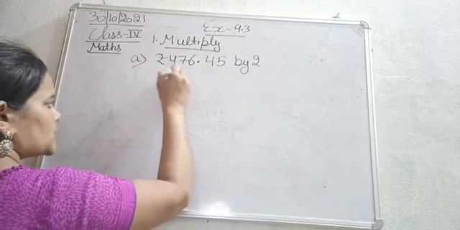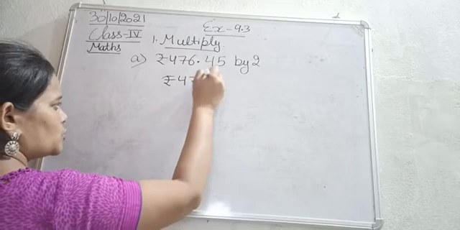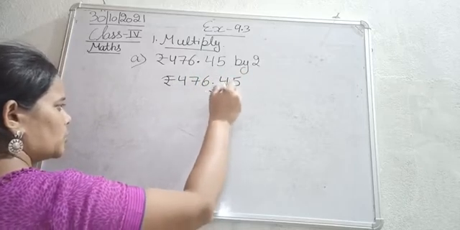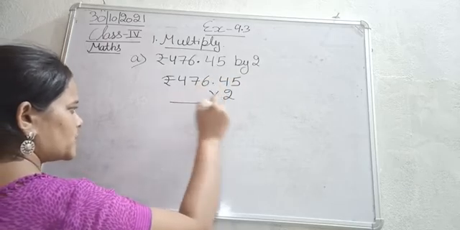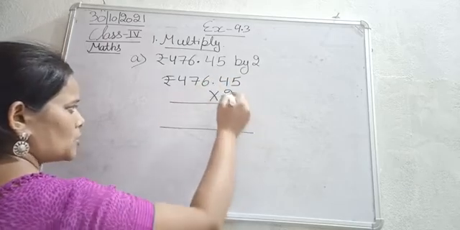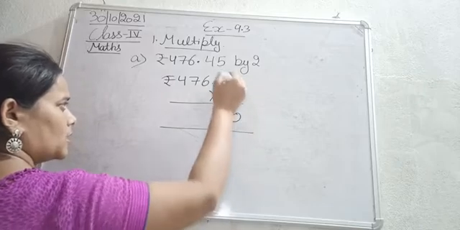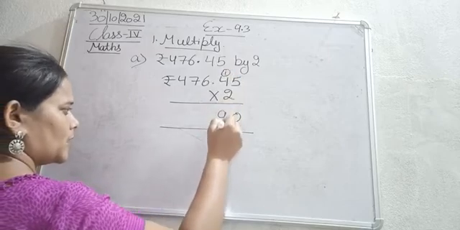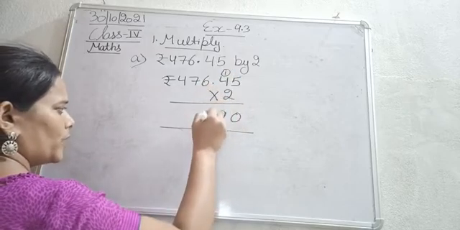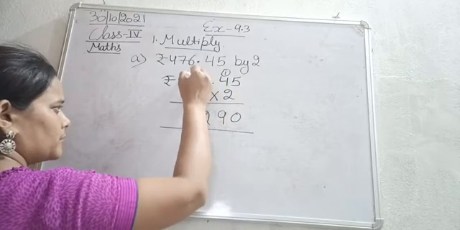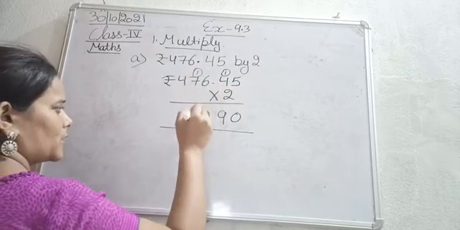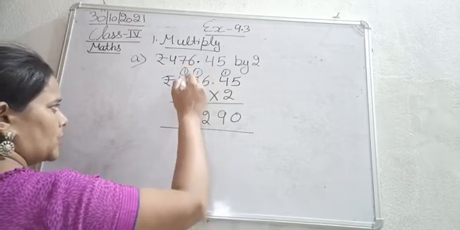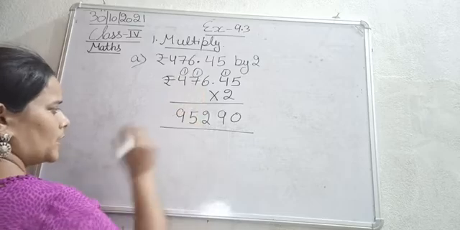So this is a simple multiplication that we need to do here. इसमें अब simple multiplication करेंगे. Don't just worry about the point for now. Just simply multiply these. 2 5s are 10, 0, and 1 will be carried next. 2 4s are 8 plus 1, this is 9. 2 6s are 12, 2, and 1 will be carried above. 2 7s are 14 plus 1, 15. 1 will be carried next. 2 4s are 8 plus 1, this is 9.